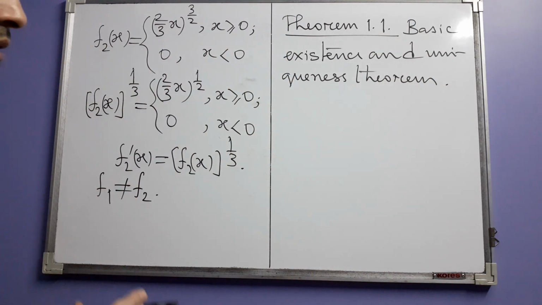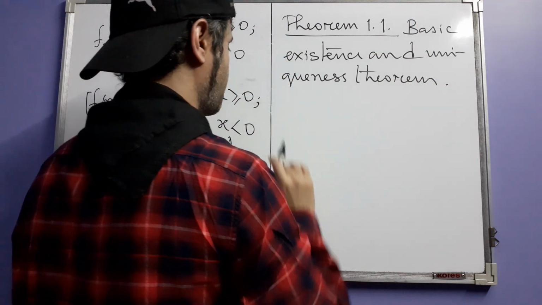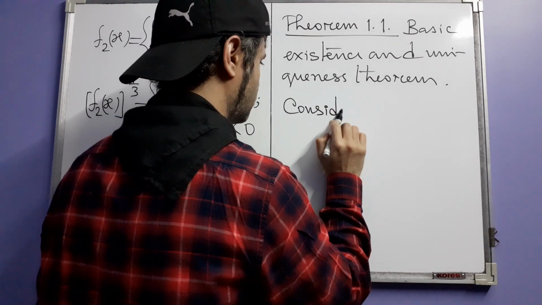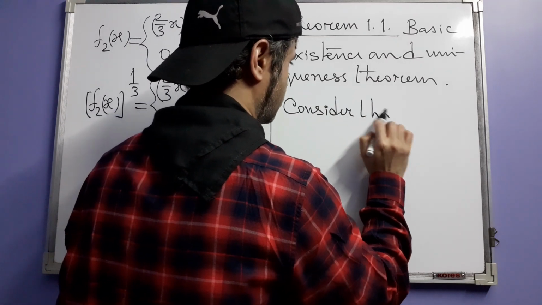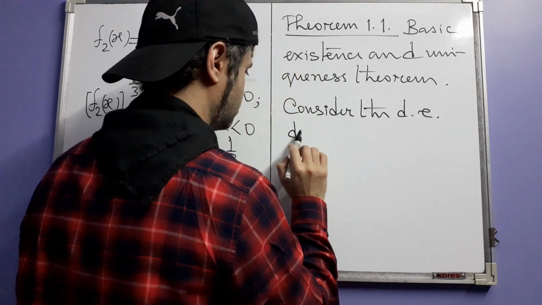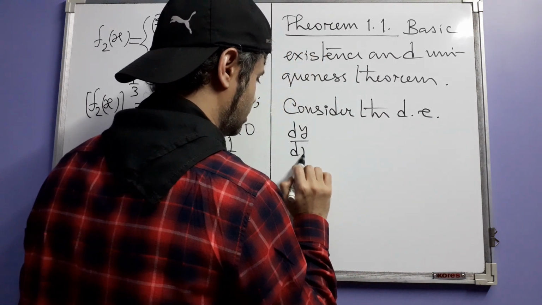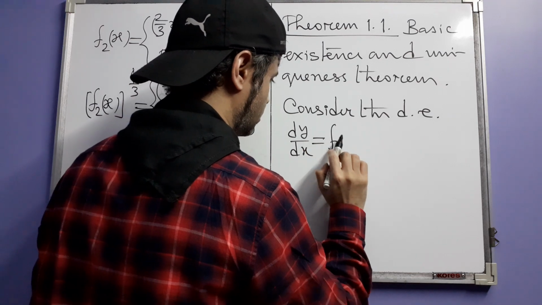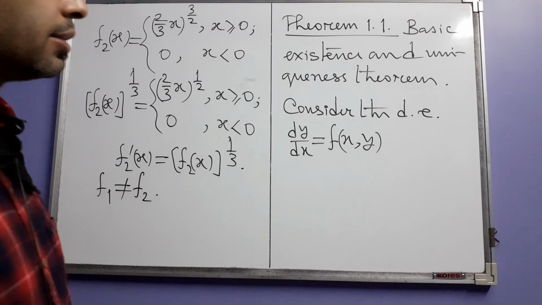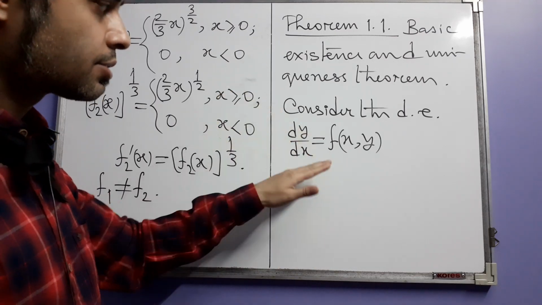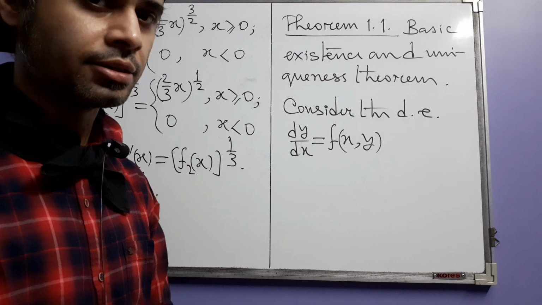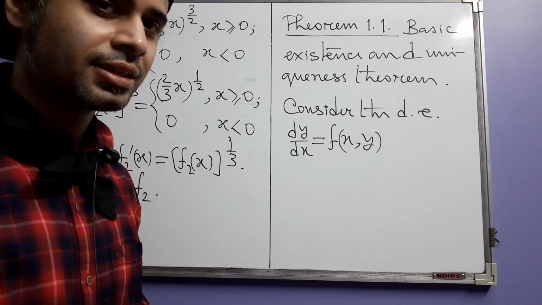Okay, so the theorem of course is this. Consider the differential equation dy/dx equals f of x comma y. Do you see how many things you have to consider just for a first order equation? We haven't even got to second order equations. Okay, so this is how things are,